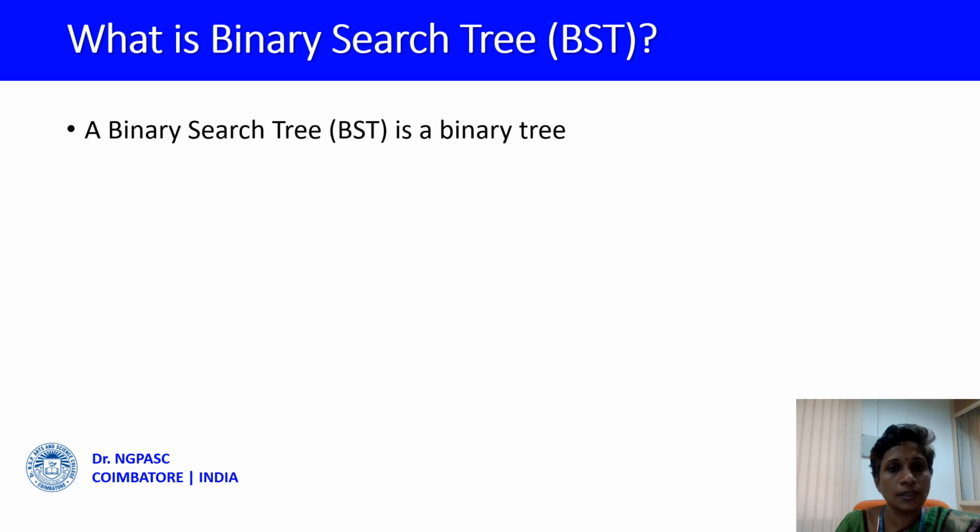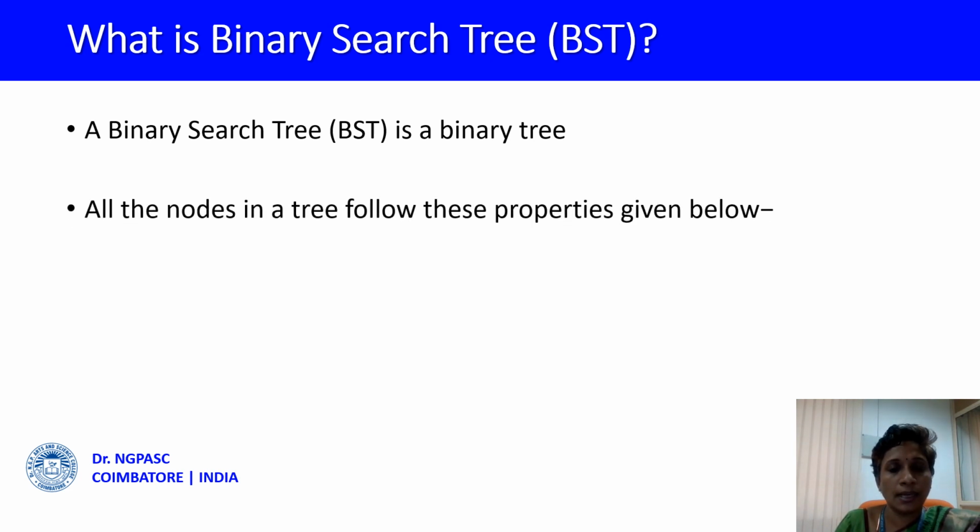A binary search tree is a binary tree actually, which means that a binary tree has either 0 or 1 or 2 children, which means that it may have or may not have children. 0 represents it is not having any children, that means that it is the leaf node. If it has either the left child or the right child, then it is also a binary tree, or it may have both left and right child, then it is also a binary tree.